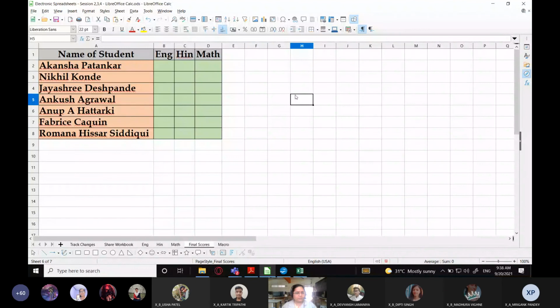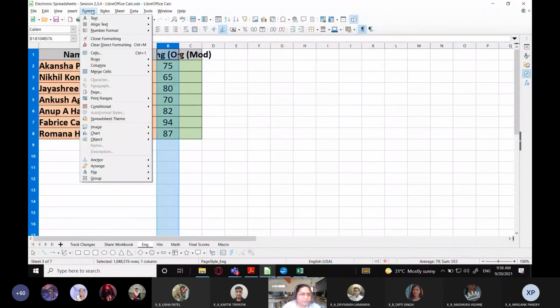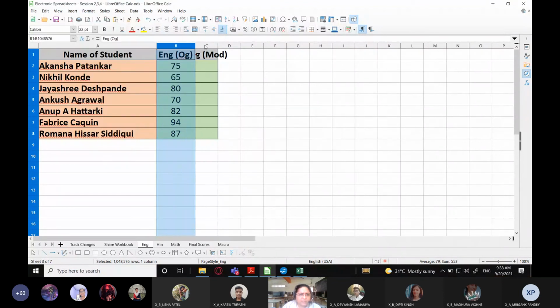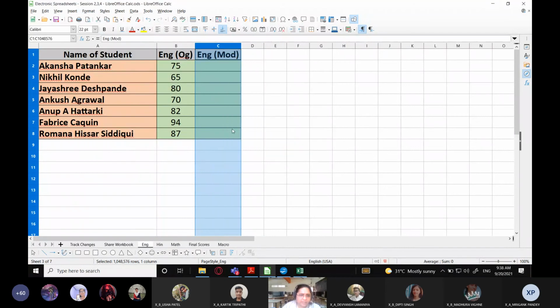a worksheet over here, which contains the records of certain students in a class and the marks in the three subjects which are given here. That is English, Hindi and Maths, and these columns are empty, right? Now there is a teacher who teaches these subjects. So I'm first going to go to Format, Columns, Optimal Width. Whenever you see that the cell contents are not fitting, just select the column, go to Format, Columns, Optimal Width and click on OK. So it will be formatted accordingly.